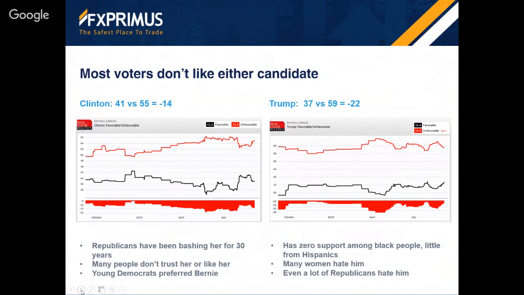I don't know if you saw the debates or anything from the debates earlier in the week. In an hour and a half, he interrupted Hillary Clinton 51 times. The things he has said about women. I can't even repeat them. And even a lot of Republicans hate him because, well, I won't go into this. He's just an extraordinary and obnoxious guy who has nothing going for him, in my personal view. But I'm not supposed to express political opinions.